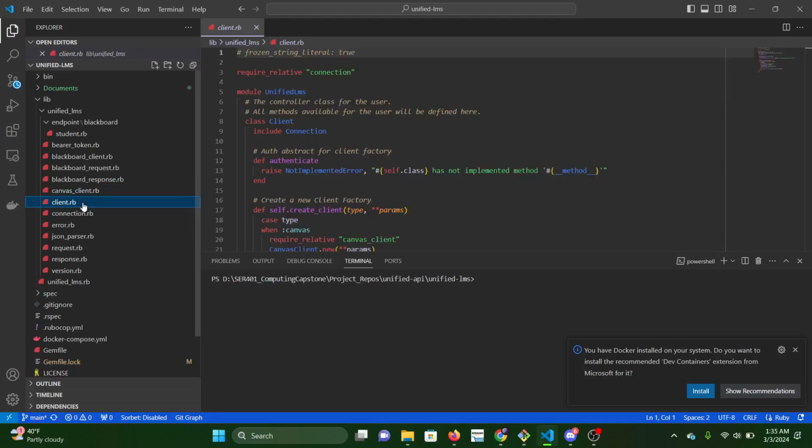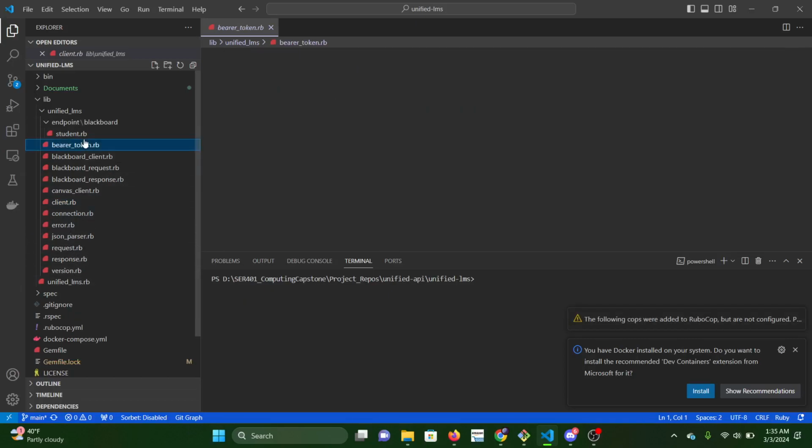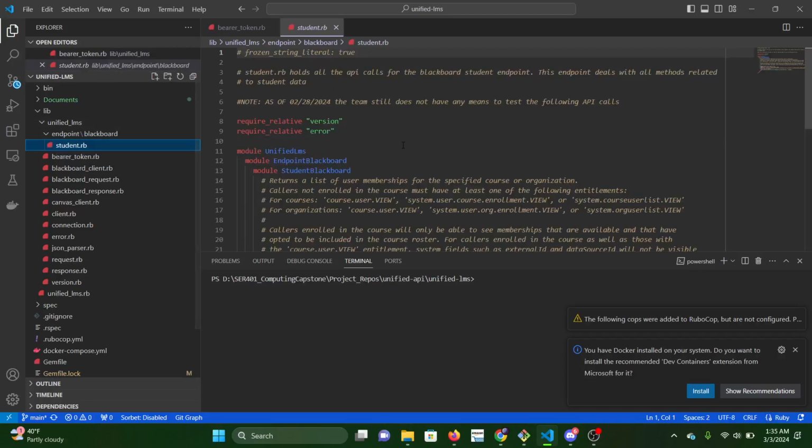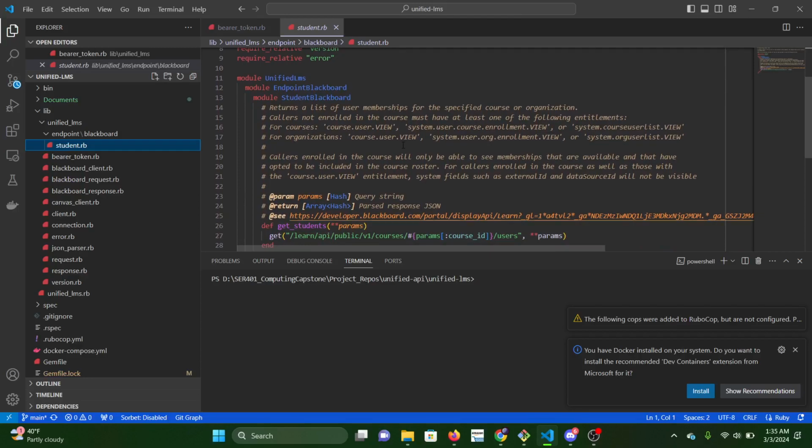Aside from that, we have a couple more endpoints that we're going to add in the future, that we got feedback on from the sponsor. Those are on the way up next once we get this student endpoint completely implemented for both LMSs and working, so we can see that